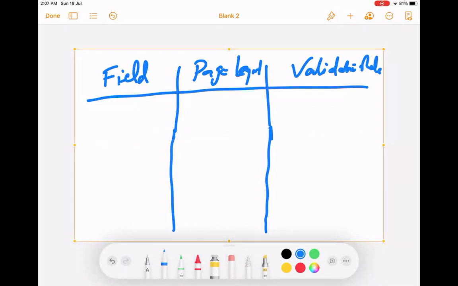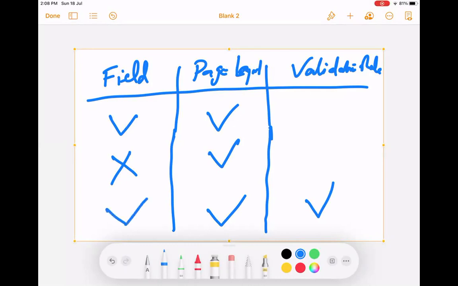So if we make a field mandatory, that automatically makes it mandatory in page layout also. You can make a field mandatory directly on page layout, but that does not mean the field will be mandatory everywhere. And if you make it mandatory through a validation rule, it will also be applicable for page layout, and at a field level also it will be applicable. So in data loading also, it will fire. If you make changes on the field type, then not only in the UI but in data also it is applicable.